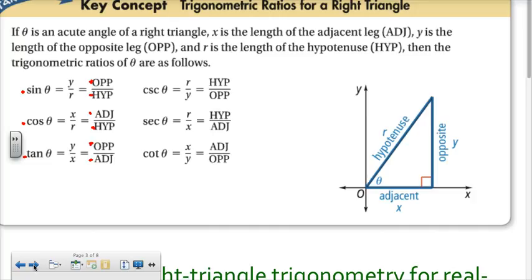So as we look at the triangle, the way that you really want to label these is in the order of opposite, hypotenuse, and adjacent, or hypotenuse, opposite, and adjacent. Why do it that way? Because the opposite is the side that has nothing to do with the angle. It's not touching it whatsoever. If you look at this side, it is not touching angle theta. And then the hypotenuse we will always know,